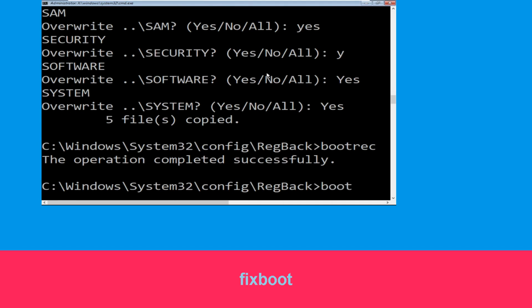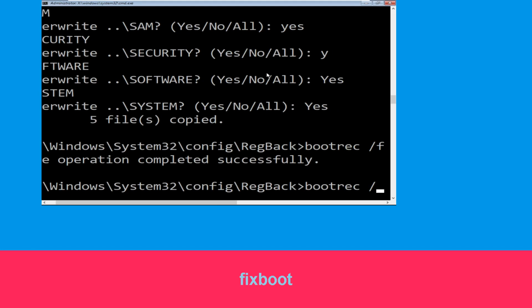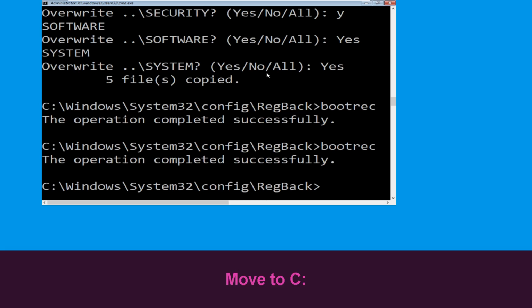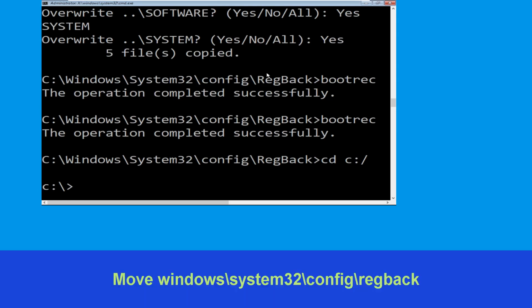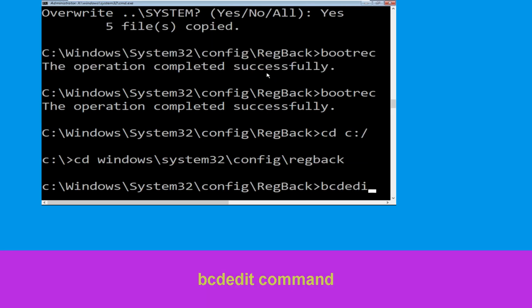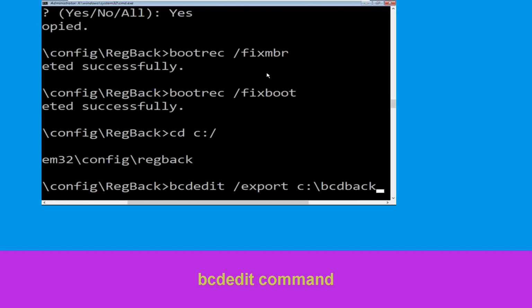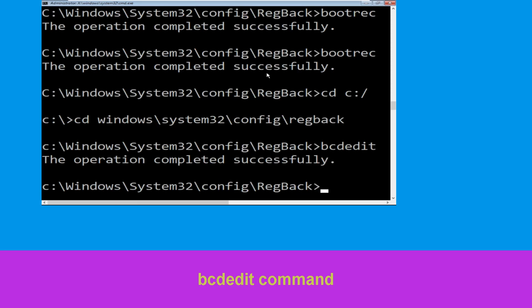Now type bootrec space /fixboot and hit enter to execute. Type cd space C:/ and hit enter. Now type cd space Windows /system32 /config /regback and hit enter to execute. Now execute this command. Type bcdedit space /export space C:/bcd backup and simply hit enter to execute this